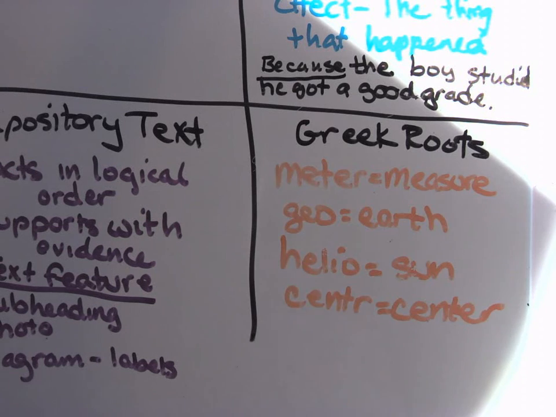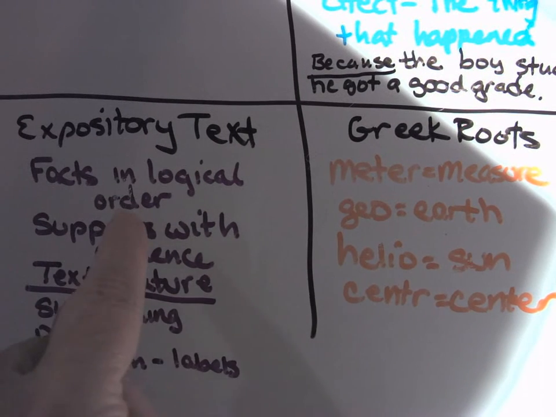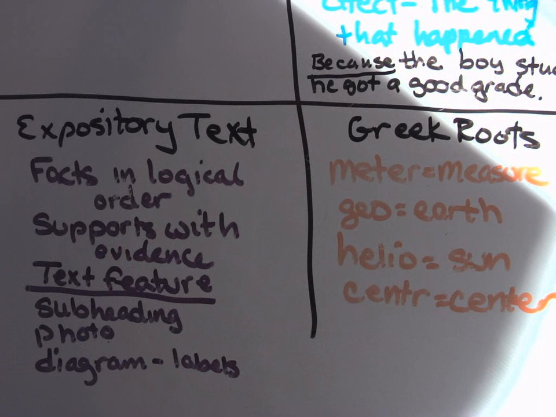On 236, or actually it's 235, sorry, 235 is the actual question. 233 is where your reading starts. 236, what genre of text is this? How do you know? After you tell me the genre, don't tell me specifics, but tell me what of these type of things do you see that helps you to know that it's expository text. Oops, I gave you an answer right there. What text features does this text include? Okay, text features right there.